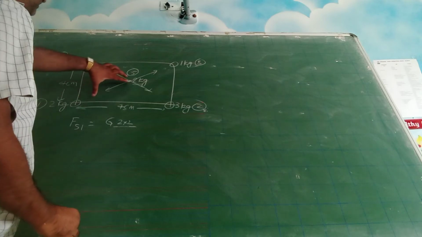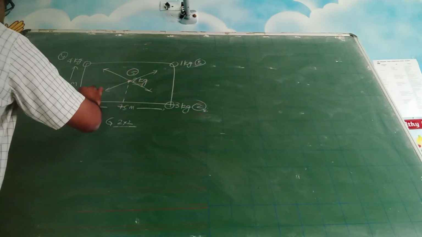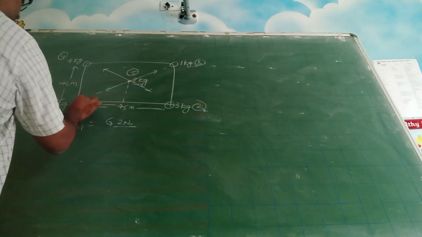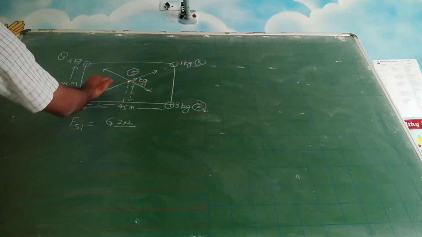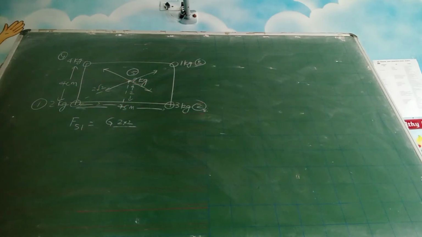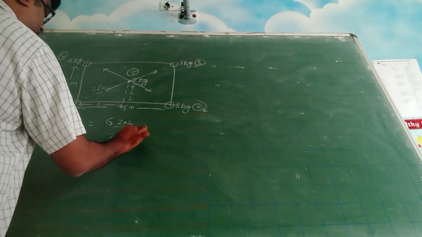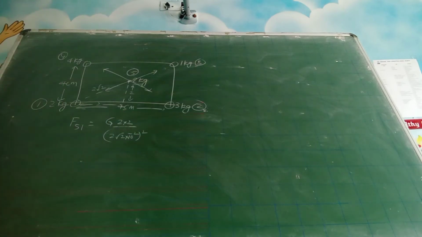So the distance between these 2 points. Now this is 4, that means you have to calculate this distance. This is 4 means this is 2. So this is also 2. So 2, 2. So this will be 2 root 2 centimeters. Okay. So this will be 2 root 2 into 10 to the power of minus 2, whole square. 10 to the power of minus 2 because it should be in meters.